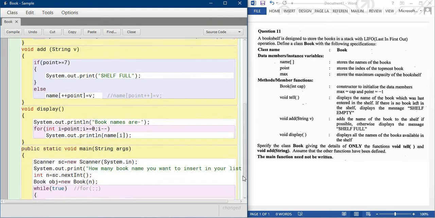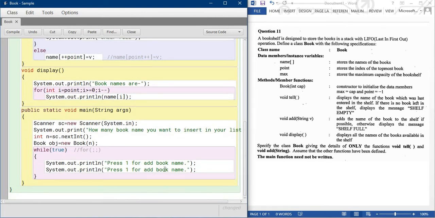So I'm just printing over here: press 2 for delete book name, delete and print the book name. And print last book name.